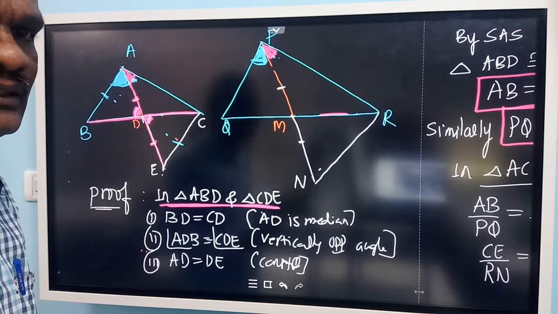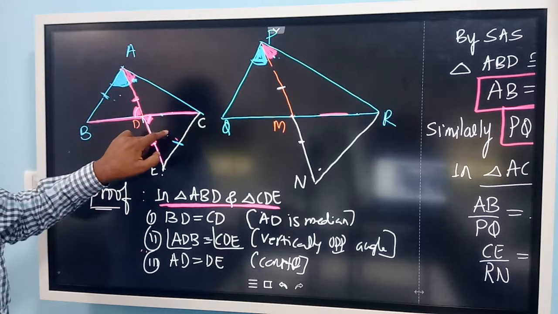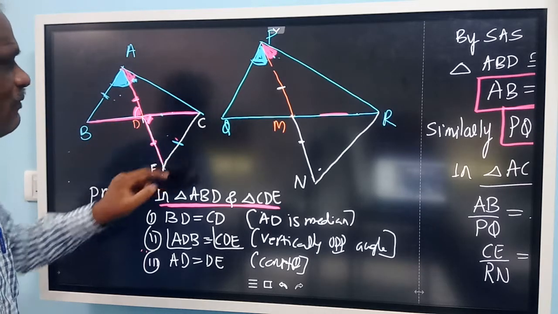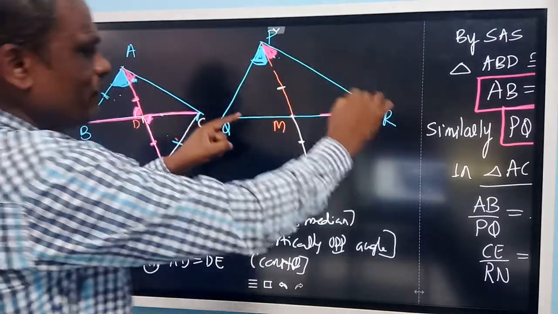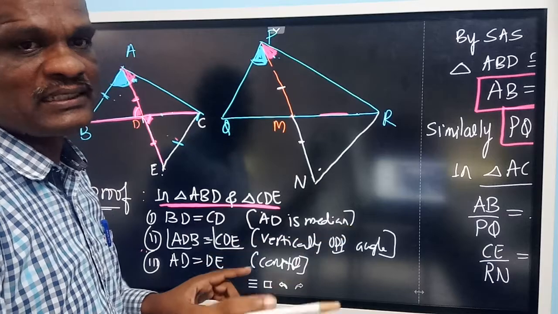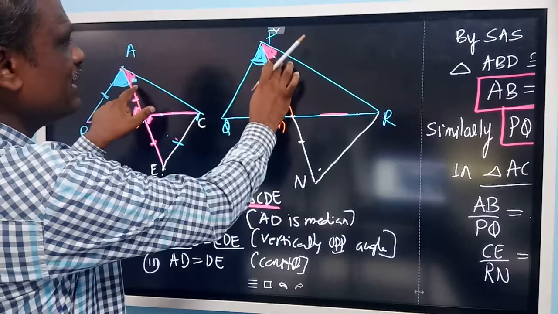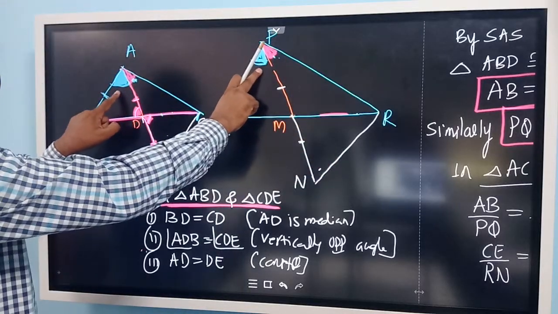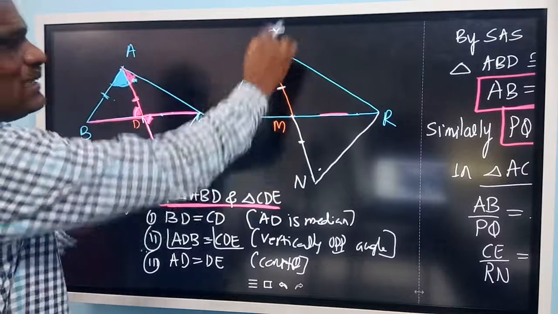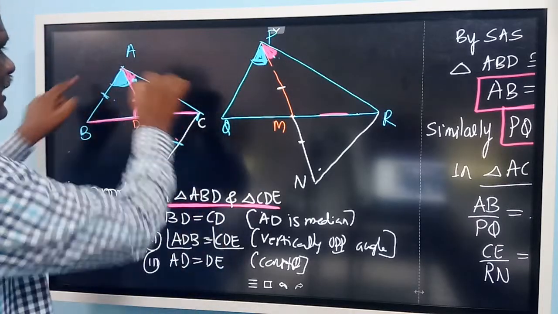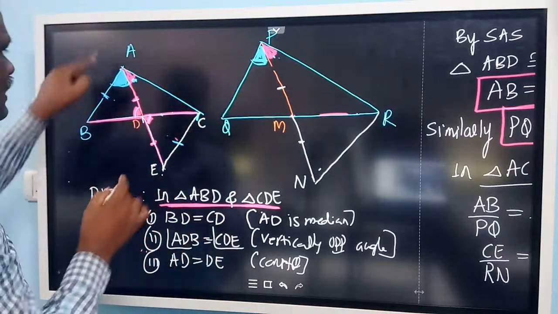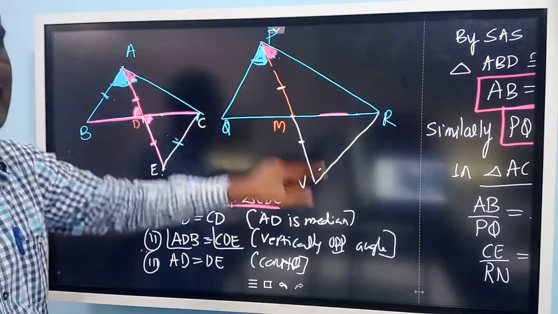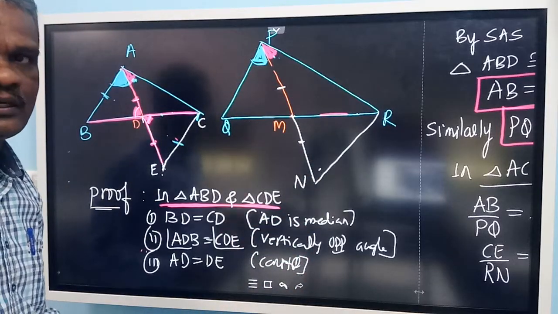Remember, once again I will revise this. First you need to show these two triangles congruent. By congruency, write AB is equal to CE. Afterwards, select triangle ACE and triangle PRN and show that they are similar. After showing that they are similar, you can write these two angles equal. Afterwards, in the same way we can prove these two angles also equal. Add these two, you will get angle A is equal to angle P. Then you select ABC and PQR. It is given AB by PQ is equal to AC by PR. We proved that angle A is equal to angle P. By SAS similarity, ABC is similar to PQR. That's the proof.